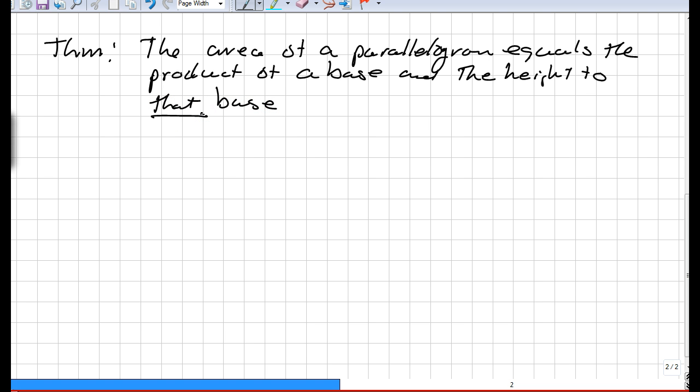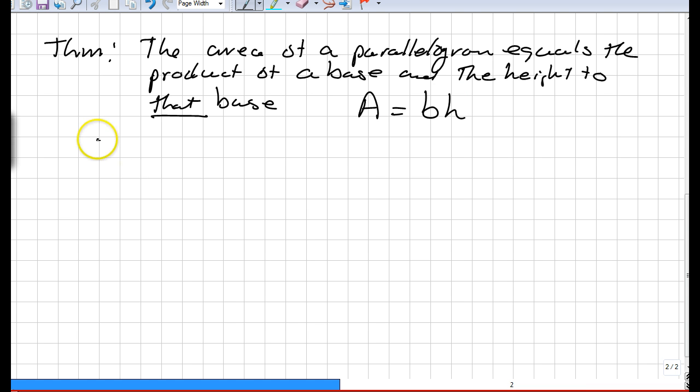Okay, so, and as I showed earlier, whichever you designate for base, that changes where your altitude or height is. And so basically the formula is area equals base times height. Okay,